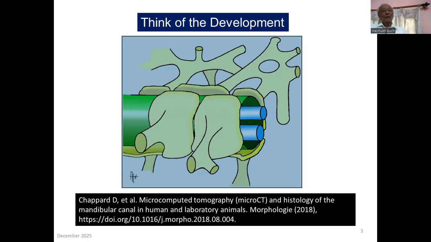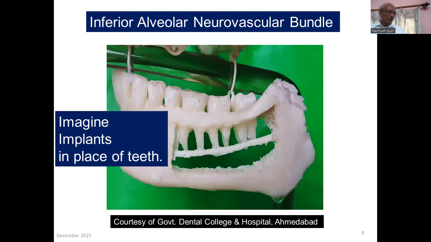And it is from that cancellous bone around the inferior alveolar neurovascular bundle that we get the corticalization that we referred to in the previous slide. I already showed this slide previously. But a very important thing is,